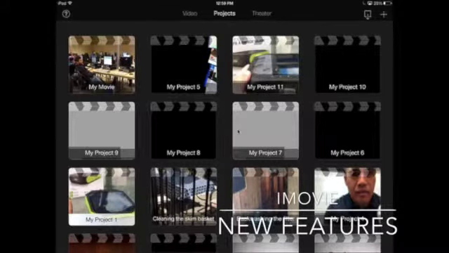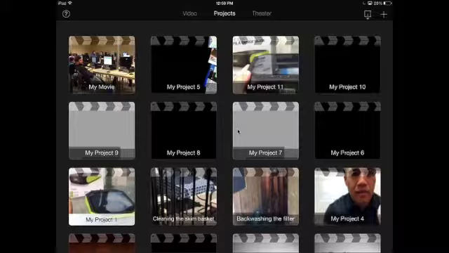All right, here we are. This is the new iMovie for iOS, and I want to talk about 5 new and cool and significant features